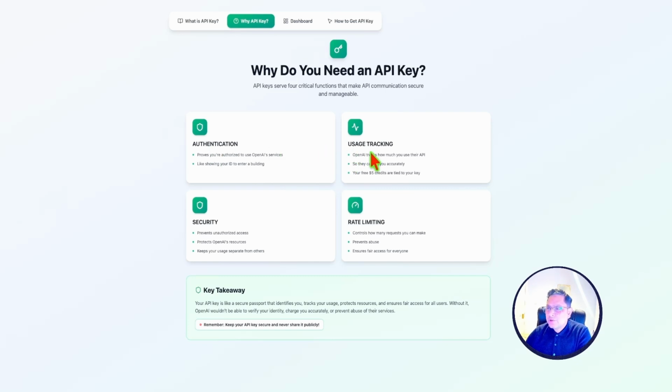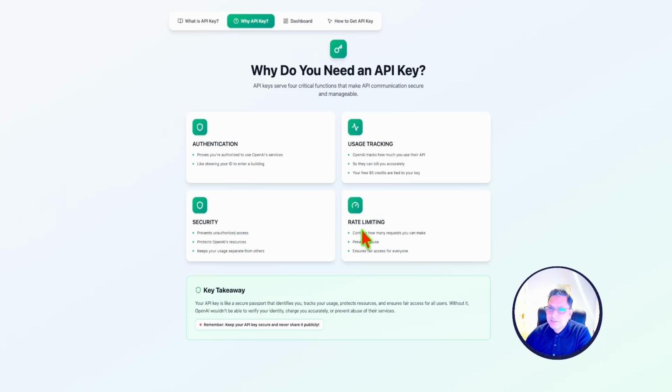OpenAI uses your key to monitor how much you are using their APIs. This ensures accurate billing and helps you track your fees. Third, security. The key prevents unauthorized access, protects OpenAI's infrastructure, and keeps your usage data separate from other users.